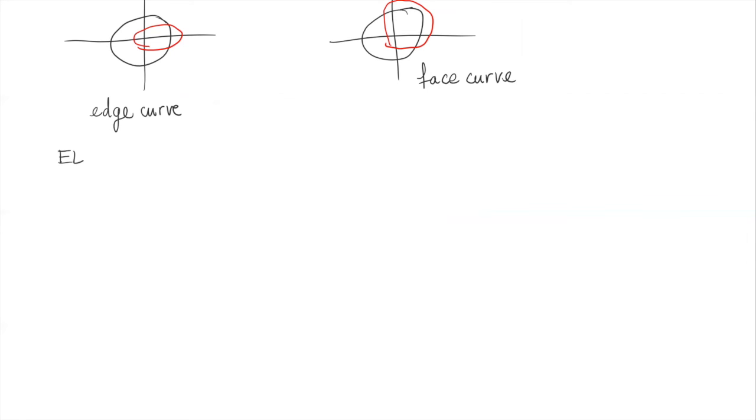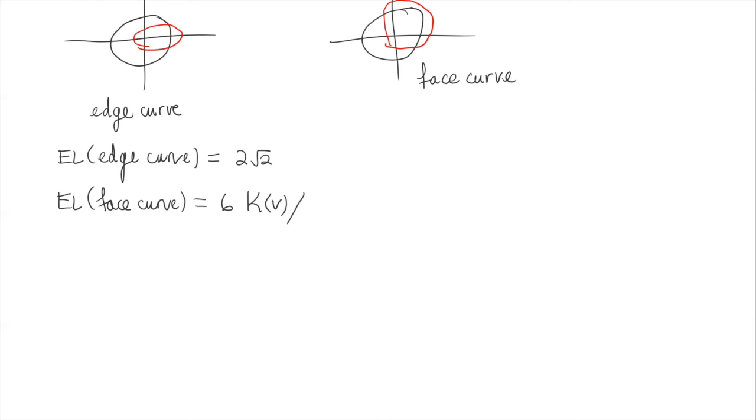So let me just tell you what the result is. The extremal length of the edge curves is equal to 2√2. And the extremal length of a face curve is equal to 6 times the complete elliptic integral of the first kind evaluated at some parameter v, divided by the complementary integral, where v is equal to 1 over the square root of 27 plus 15√3. And so